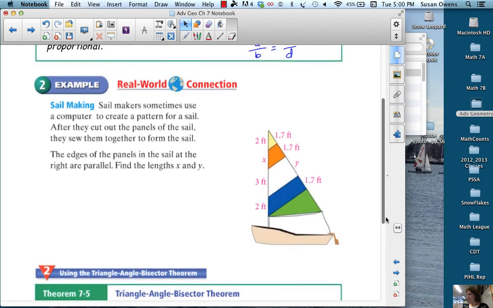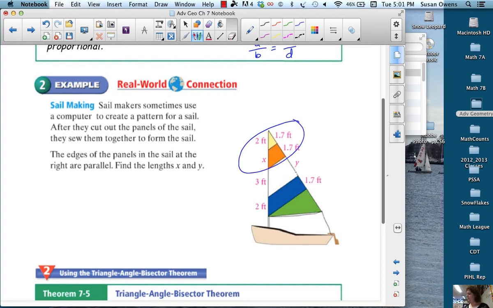So we have a quick example again. Sailmakers sometimes use a computer. So we've got this sail and they want me to find both x and y. And we know that the edges of the panels in the sail at the right are parallel. So we know that the lines in that figure are parallel. So basically we have either the side splitter theorem or the side splitter theorem corollary. We can use the top